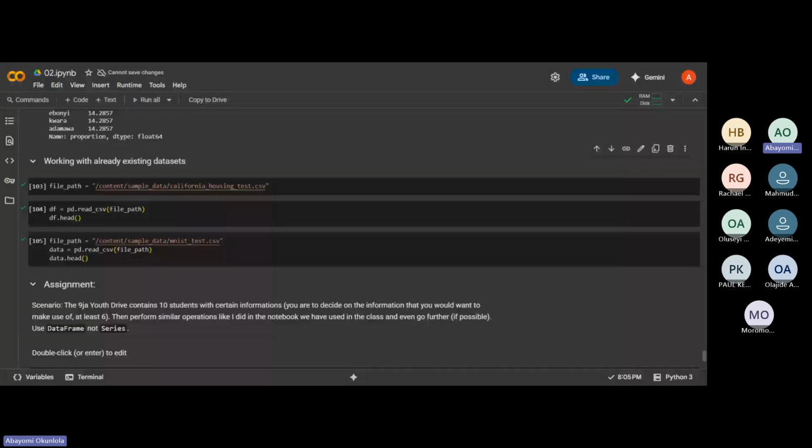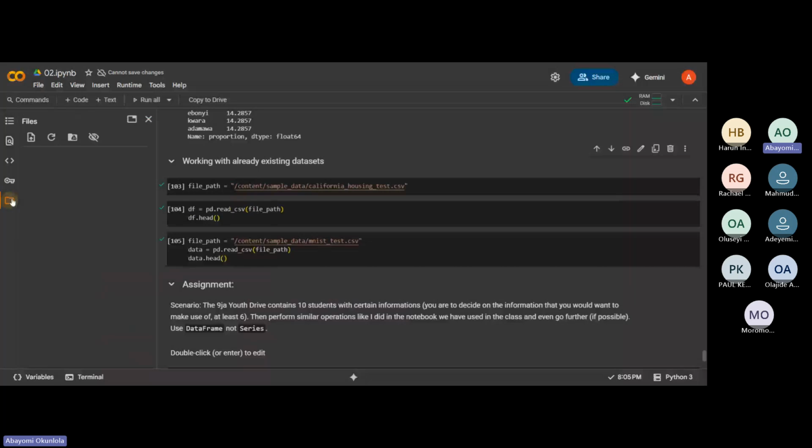Okay, so you'll notice here I have a file path saying content, sample data, California housing test. How do we get this? On Google Colab, this data set is readily available. To access it, all you need to do is come to the file manager here, click on files.